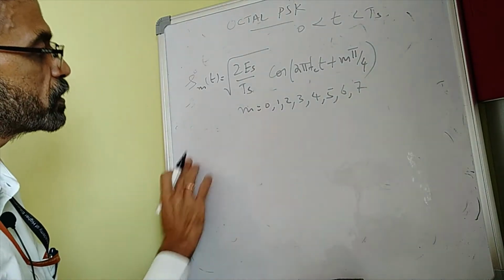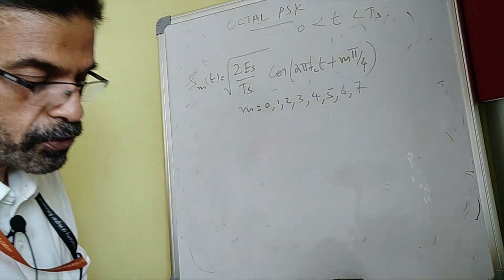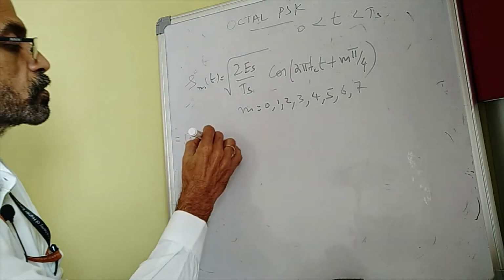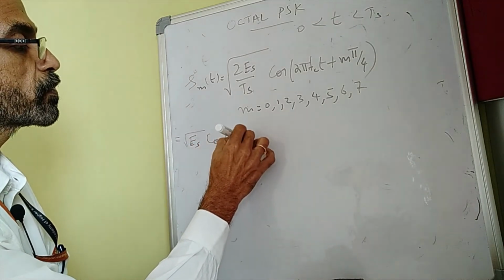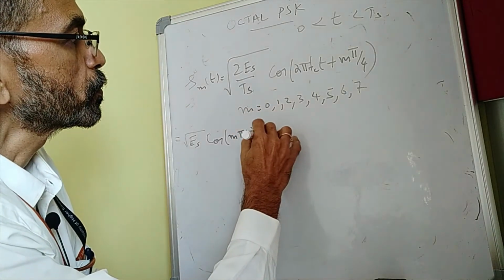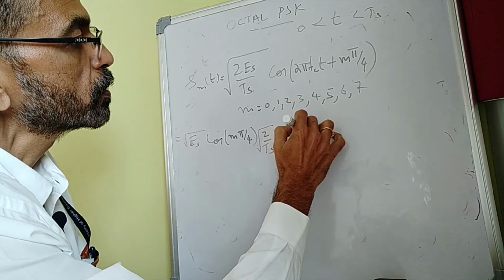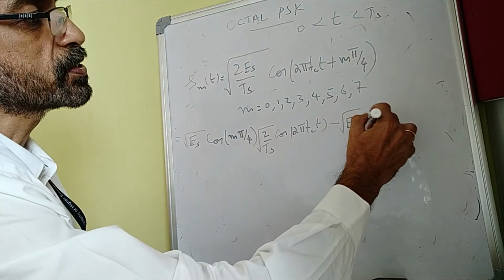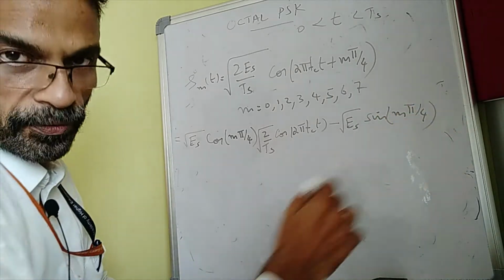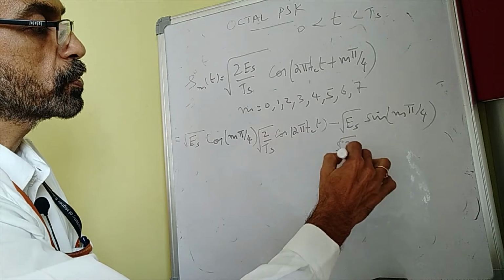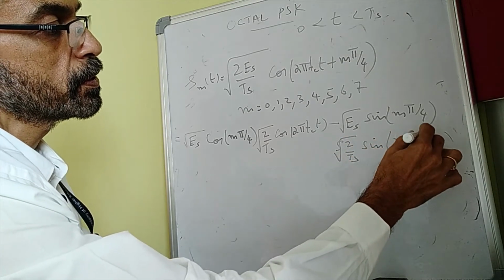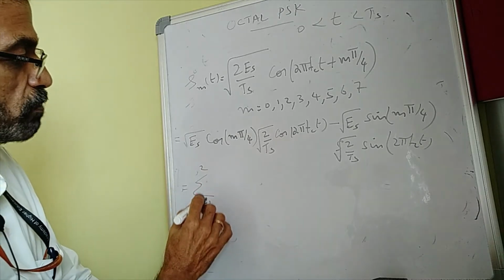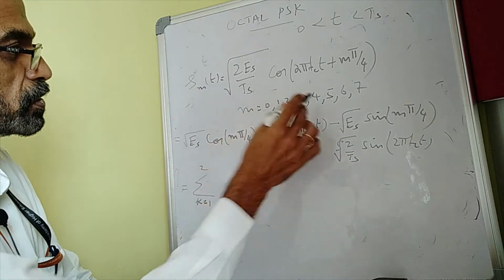And again, repeating the steps which we followed when we discussed QPSK, we can expand this using a trigonometric identity and write this as equal to root Es cos m pi by 4 into root 2 by Ts cos 2 pi fc t, minus root Es sin m pi by 4 into root 2 by Ts sin 2 pi fc t, which we can write as equal to, so these things remain the same expression wise, interpretation differs, and m ranges from 0 to 7, that also differs